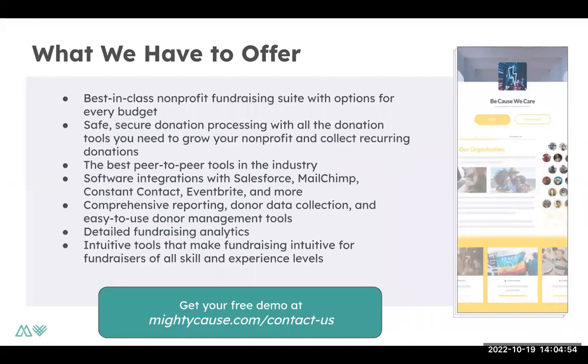Overall, on the platform, we've built different tools that you have available through your organization dashboard that not only allow you to successfully fundraise, such as donation reporting, as well as the ability to edit your checkout flow, etc. But we've also created different tools that will make it easier for you to create peer-to-peer fundraising or to integrate with MailChimp, Salesforce, Zapier. So we have a lot to offer. And if you do have any questions, please feel free to contact us. We're more than happy to set you up with a demo if you want more information. But just a little context for those of you who are brand new to Mighty Cause.